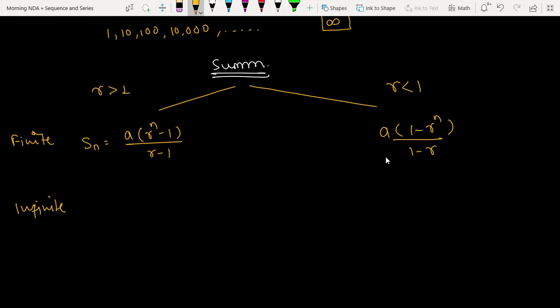If we have the sequence which is infinite and r is greater than 1, what is the sum? Sn is equal to how much? It is infinite because r is greater than 1, meaning the numbers are still increasing as we proceed. Are you getting the point? When r is greater than 1, the next number is much greater than the previous one, so their addition is going to be infinite only. But when r is less than 1, the next numbers are definitely less than the previous one. So your sum is what? It is a upon 1 minus r only. Is this okay?